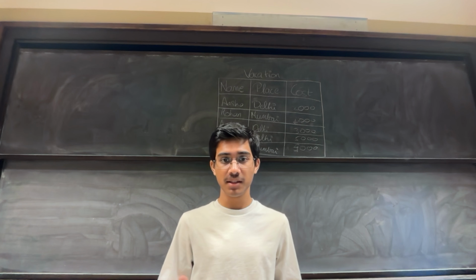We used to identify particular rows based on where. But here I'm going to introduce a new word called having. So what's the difference between where and having? The difference between having and where is that